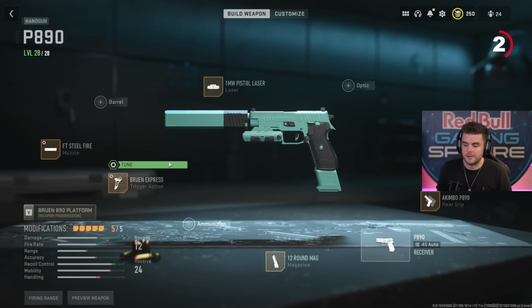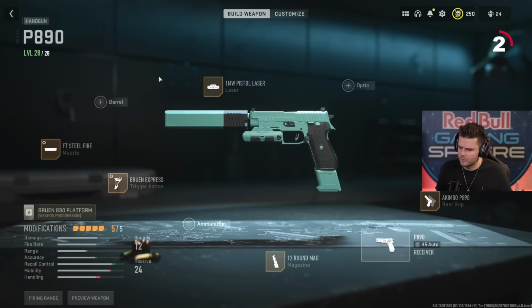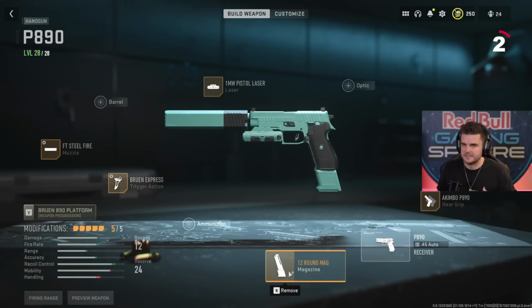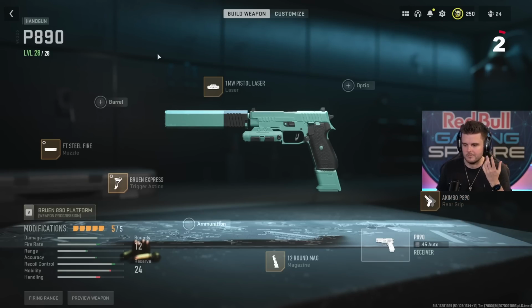We've then got the Bruin Express trigger, which is then tuned for recoil smoothness and sprint to fire speed, because of course ADS speed, once again, does not matter. Sprint to fire, very, very important when you're only able to hit fire. You've then got the 1MW pistol laser, which of course has no tuning. The 12 round mag, so you can take out multiple opponents. And then of course, Akimbo. Really easy to build, but one of the best guns in the game right now,